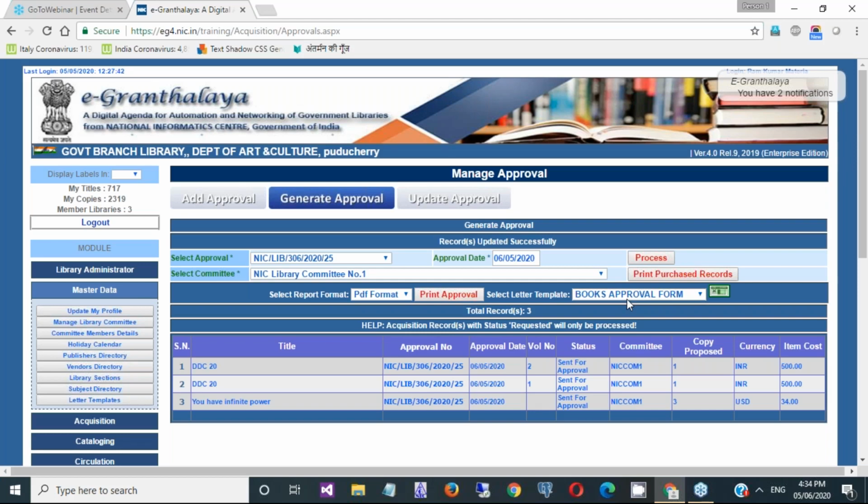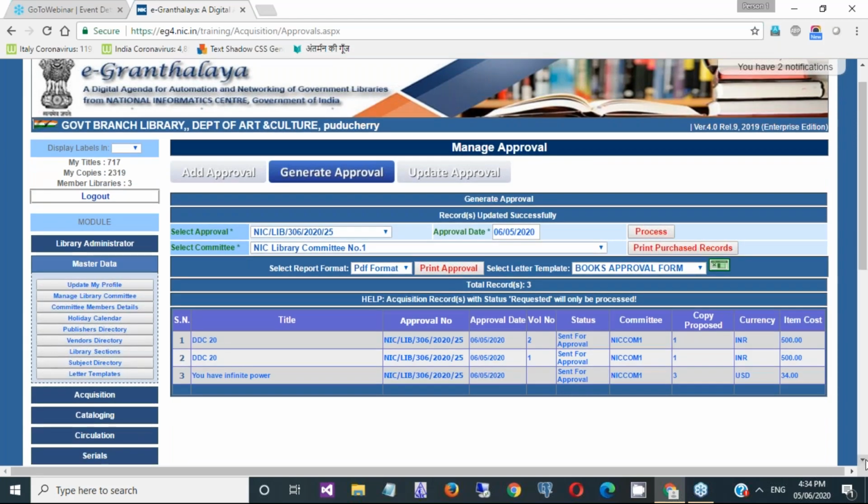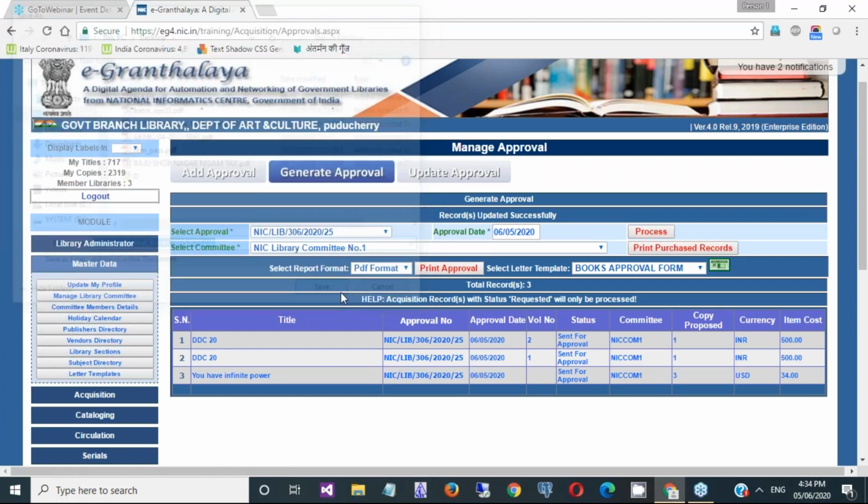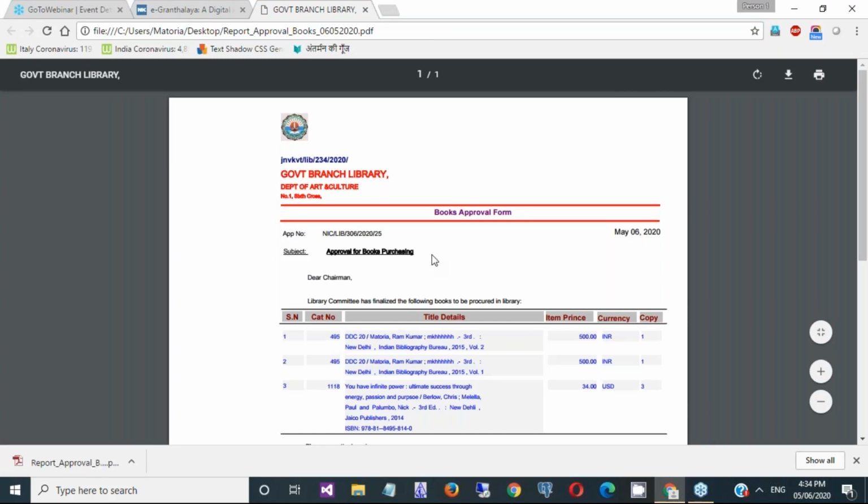So I have selected the books approval form, which is already created, and I will press this button, print approval. You can take approval in PDF format or in doc format if you want to modify it later. So this approval will be saved, and then you can take a print. The format of the approval will be like that.